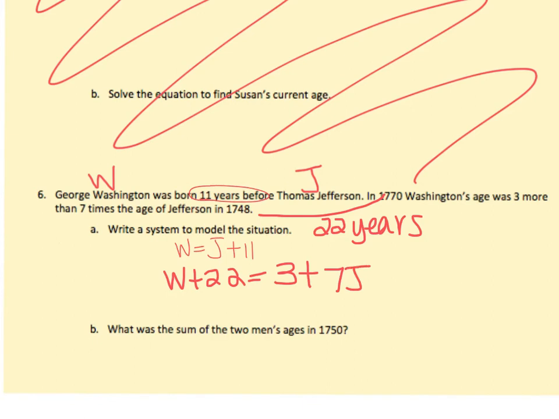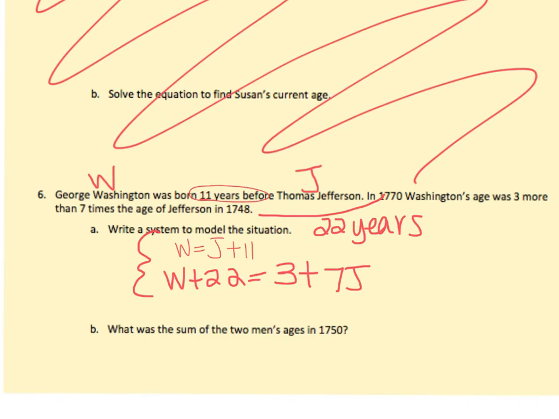So we'll go through that again. The ages between 1770 and 1748, that's a difference of 22 years. So Washington's age between those 22 years, W plus 22, equals 3 more than 7 times the age of Jefferson. So 3 plus 7 times J. You could have also said 7J plus 3. Okay, so now that we have our system,